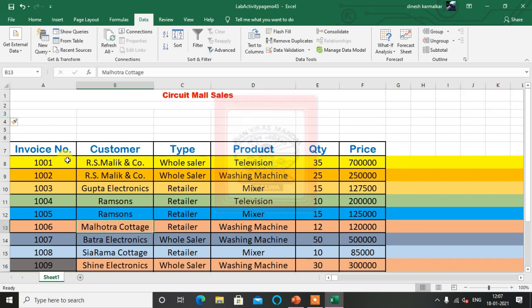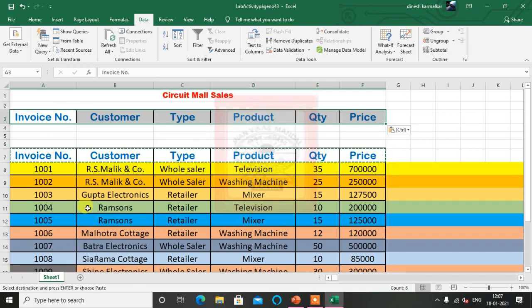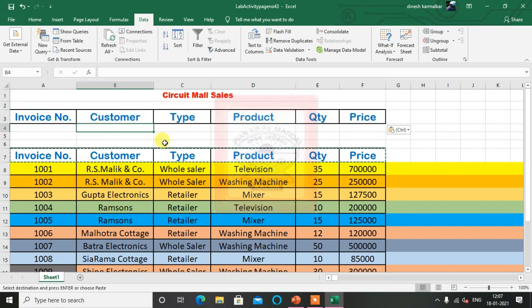Now after this I have to select all the fields and copy and paste them here. Okay, so now I am getting the same fields here, and based on these fields we are going to write here. Under the product category, we want to type washing machine.